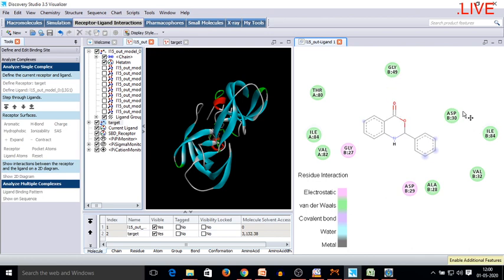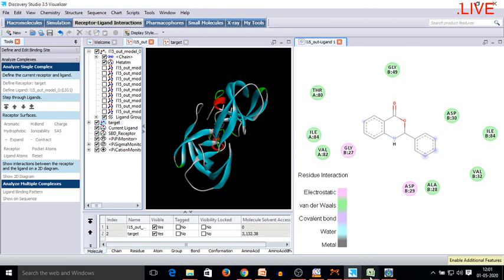And the associated amino acids with the number are available there. So you can see this, and this file can be easily copied and saved in any format like PNG, JPG. You can copy it and paste it in your paint option and you can save that file and use it in thesis, dissertation, etc.